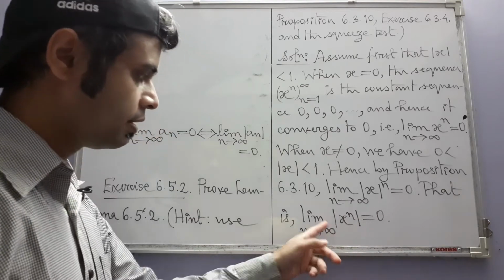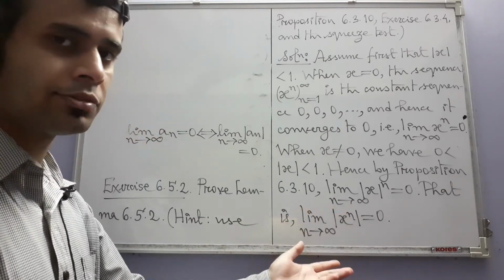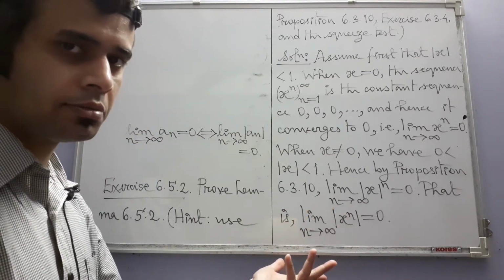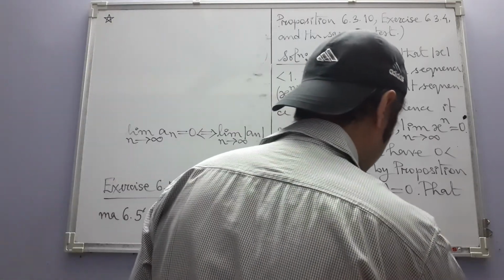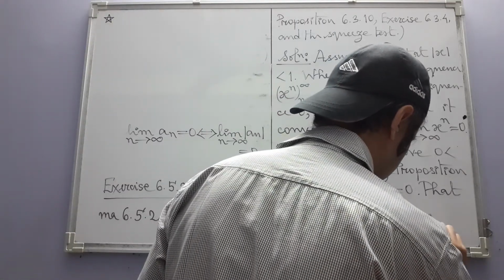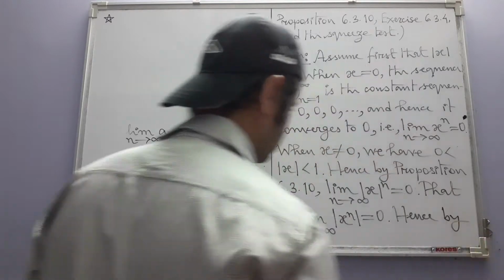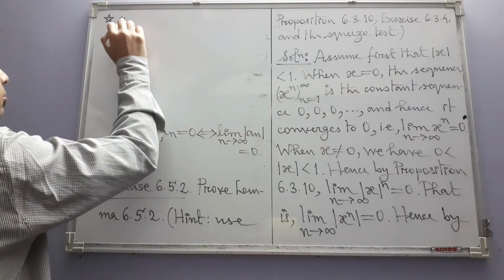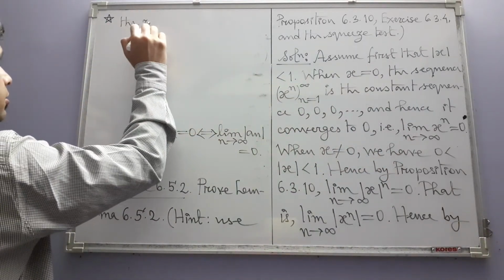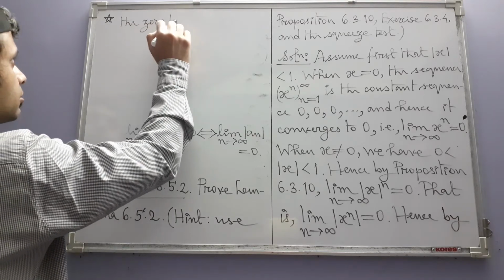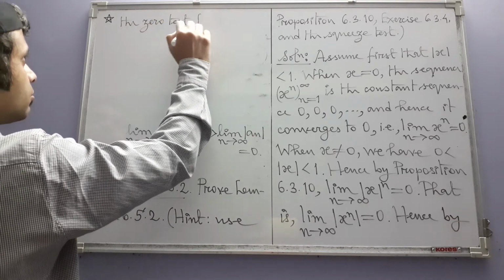So that means the limit of the actual sequence x to the power n will also be 0 by the zero test. Hence, by the zero test for sequence,